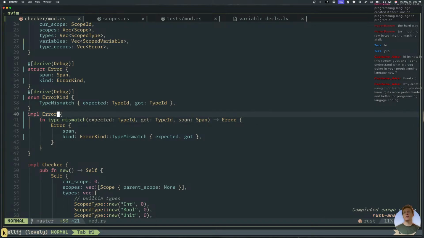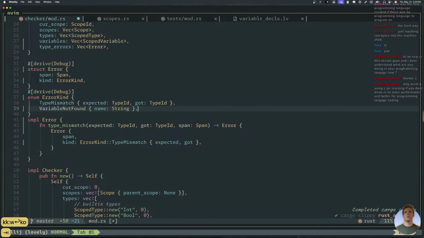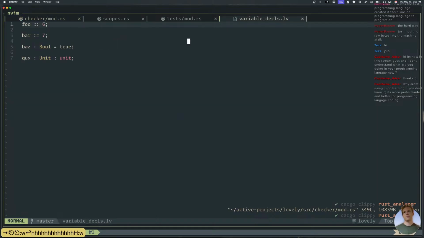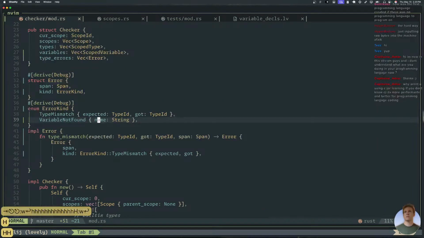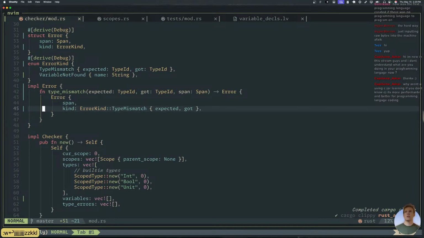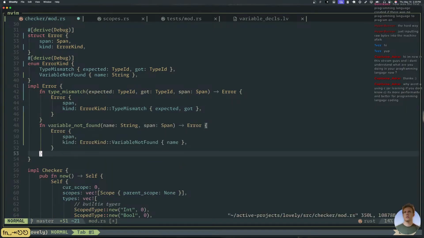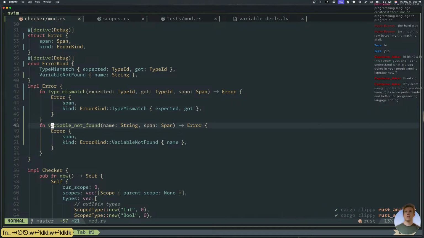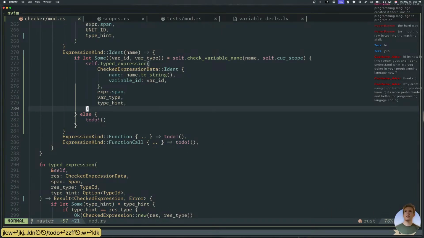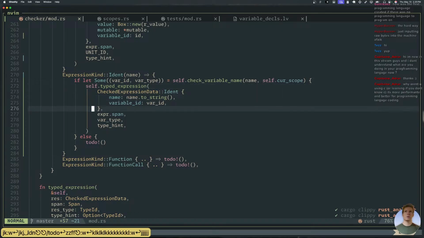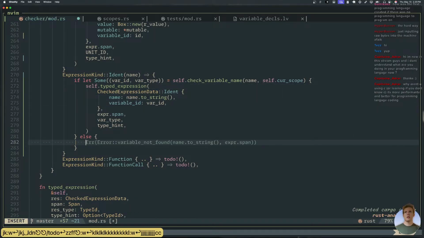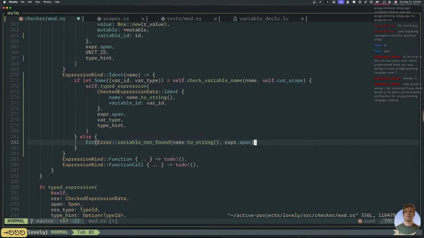We have a new kind called variable not found, name string. And then we'll have something like that. Okay, so then down here, this means that we got nothing, right? And so we're gonna say that.